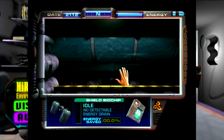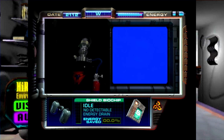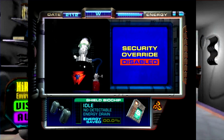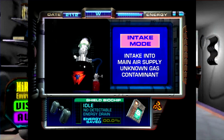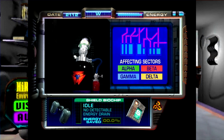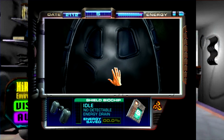And here you can see, hey, the water supply that loops really badly. And then obviously this is the gas terminal that we were looking at before. So security override disabled. It's in intake mode. We can take it off and walk out there, but then without the sleeping gas, everyone wakes up and we get arrested, and who knows what happens to the robot. But either way, because they're able to arrest us at least, and since we don't have a nice clean self-destruct like the robots,